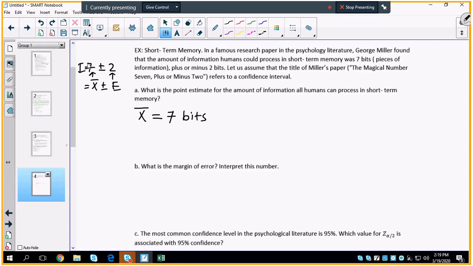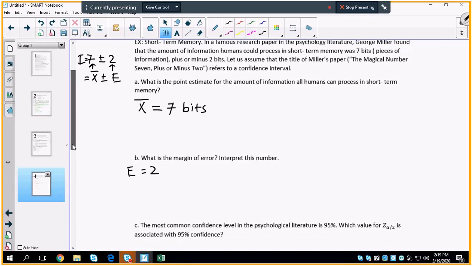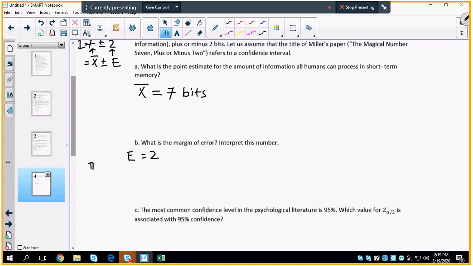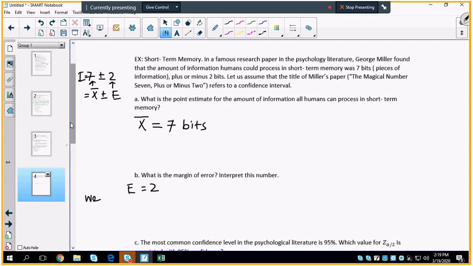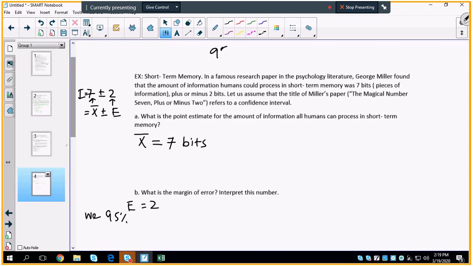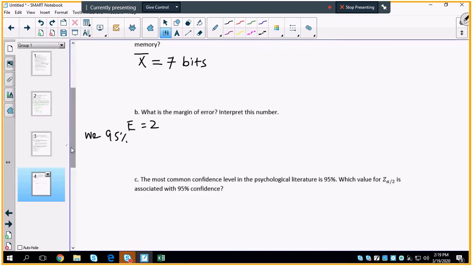Second question, what is the margin of error? Interpret this number. Margin of error is 2, and we will say we are a certain percent confident, but the percentage is not given in this problem. If the percentage is not given, by default we are going to assume it is 95%. So I will write it down so that you remember. 95% confidence is called the default confidence. So if I'm not giving you the exact confidence level, it is 95%. So we are 95% confident